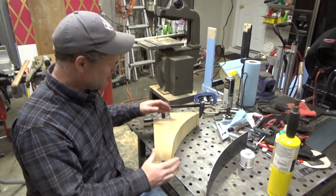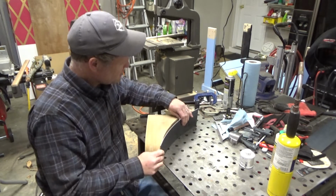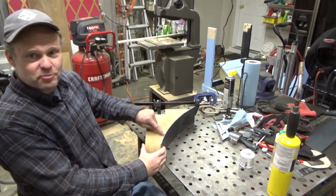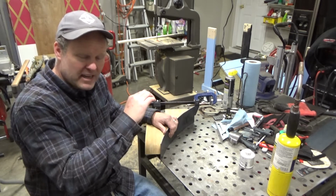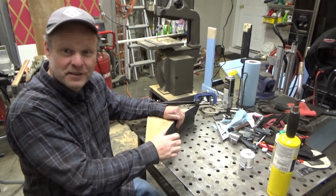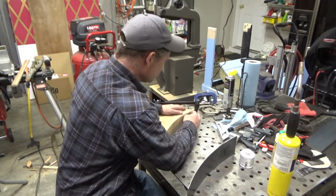So my plan was, originally I cut this back, or increased this radius, just enough for an 11 gauge piece of steel that I can bend to that curvature, cut out to the profile, and then use to make sure I get a really crisp edge to hammer the sheet metal against. And it's really good, because as I was trying to form this with some heat and some light hammer blows, a little chunk of my corner came off,